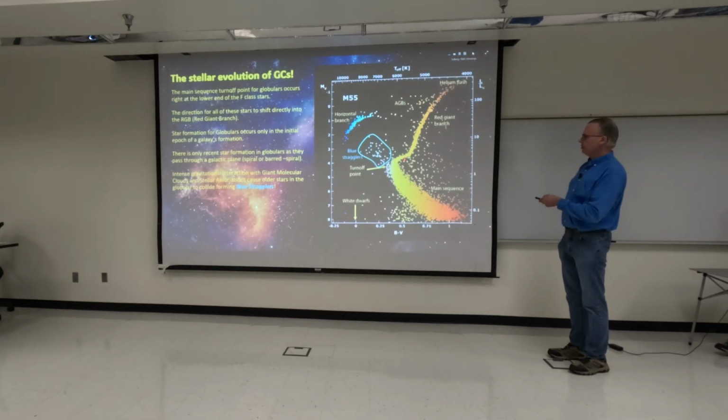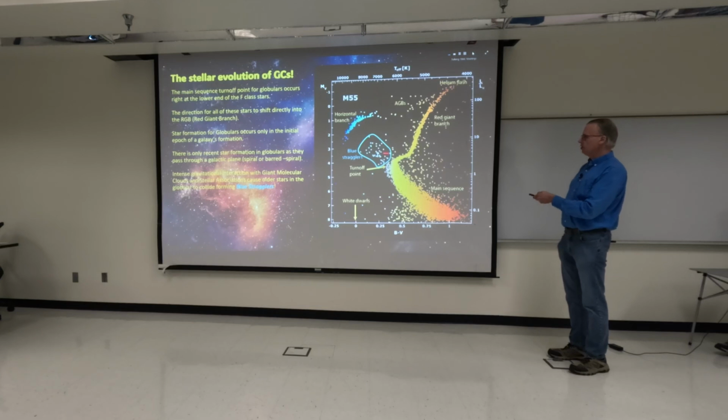On the red giant branch, what's very important is that the lower end is right at the F-class stars. You don't find any of the O, B, or A class. You don't find any of the big blue giants or blue supergiant stars. There tends to be a short cutoff, which we find with all star clusters, where the stars reach a certain spectral classification, then they cut off into the horizontal red branch, and then they get into these very aged large stars.